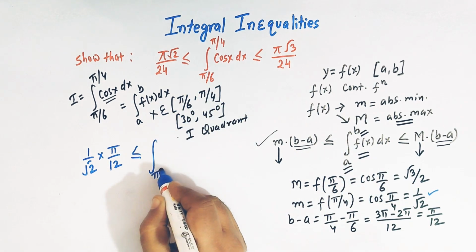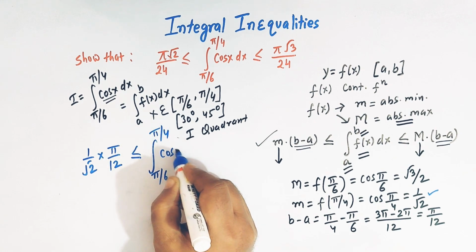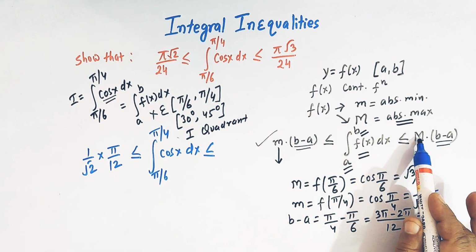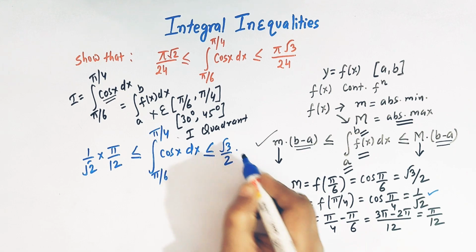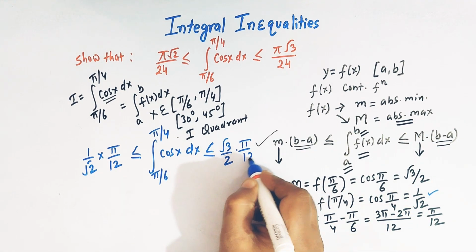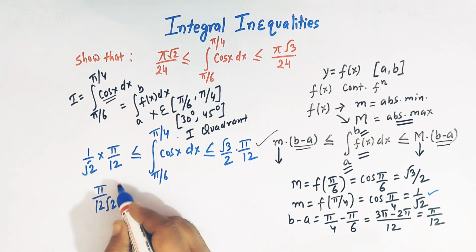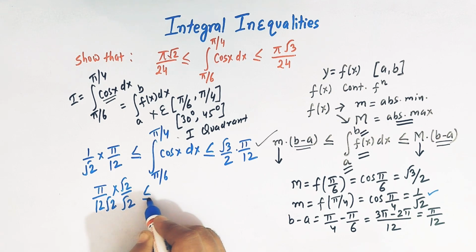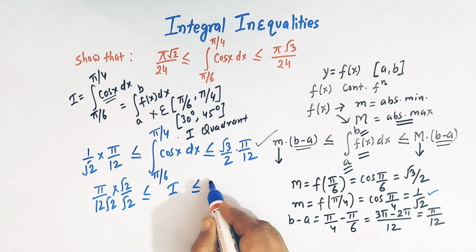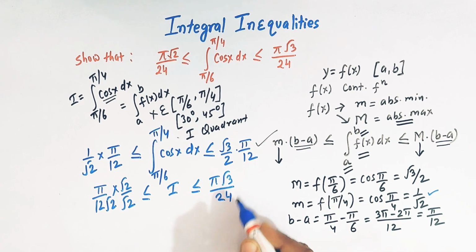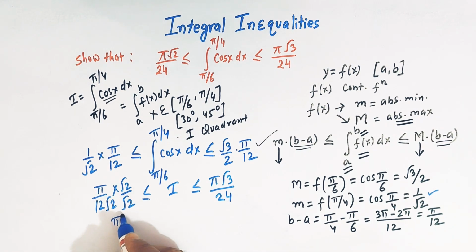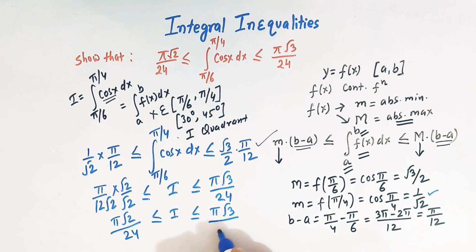हमारा ये इंटीग्रल आ जाएगा π/6 से π/4 तक, और cos x dx आ जाएगा, राइट। और यहाँ पर कैपिटल M की वैल्यू हम रखेंगे square root of 3 over 2, और b minus a आ जाएगा हमारे पास π/12, राइट। तो इस इंटीग्रल को हमने I लिया था, तो यहाँ पर आ जाएगा हमारे पास π/(12√2)। तो √2 से हम इसे रेशनलाइज कर लेते हैं, और यहाँ पर हमें मिल जाएगा I, और यहाँ पर हमारे पास है π√3/24। यहाँ हमें मिल जाएगा π√2, और यहाँ पर √2 times √2 जो होगा वो 2 हो जाएगा, 12 दूनी 24, राइट। तो देखिए हमें जो इनइक्वालिटी यहाँ पर प्रूफ करनी थी वो हमारे पास ये इनइक्वालिटी यहाँ पर हमें मिल गई है।